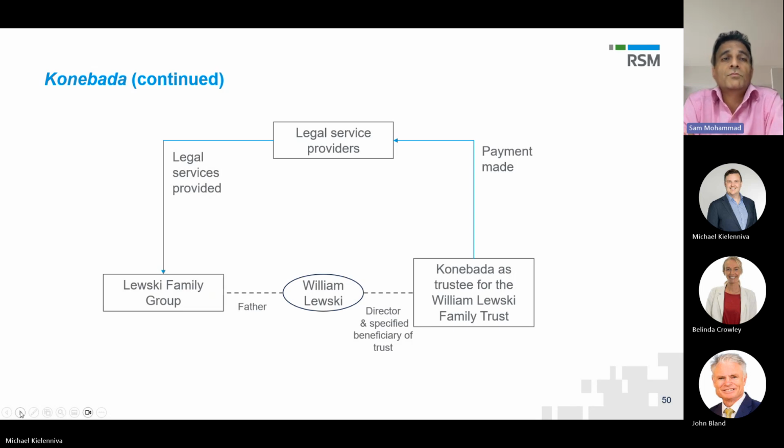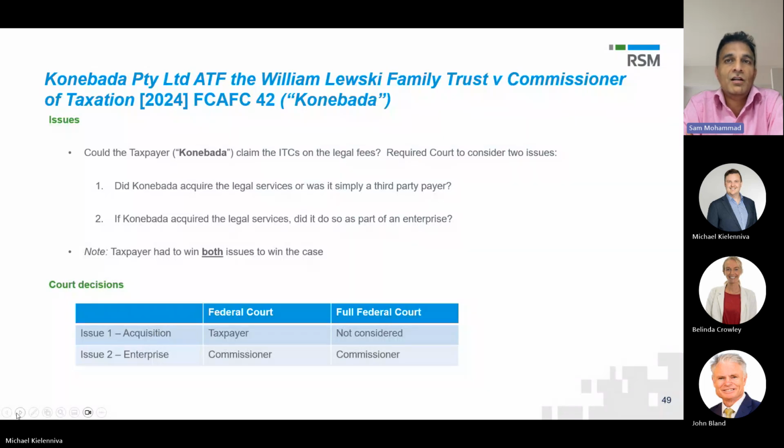So if we go back one slide, Mike, effectively that raised 2 issues. The 2 issues were whether the trust in this case was seen as being the entity that acquired the legal services. So rather than each of the family members acquiring the services themselves, was it in fact the trust that acquired the services? Or was the trust simply a third-party payer? So a third-party payer is not an entity that actually acquires something, it's just someone paying for someone else's costs. And where you have a third-party payer, then that entity, the one making the payment, is not entitled to